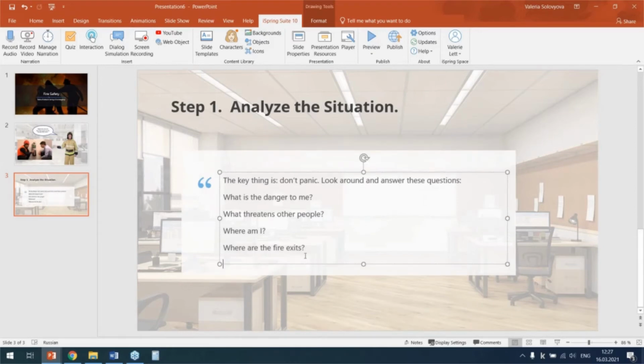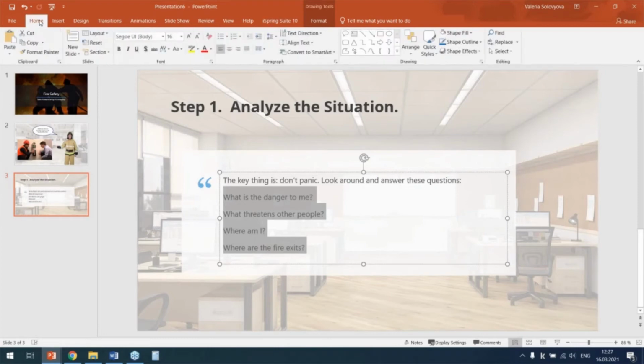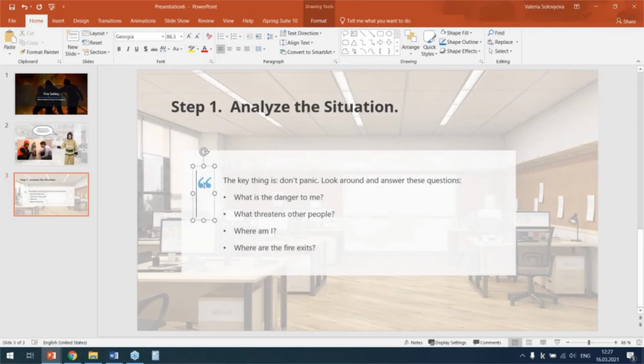And let me also change the format of the text. I'm going to go to Home and choose bullets. Now it looks great. Okay, it looks almost perfect, but I think this quotation mark doesn't look good for the